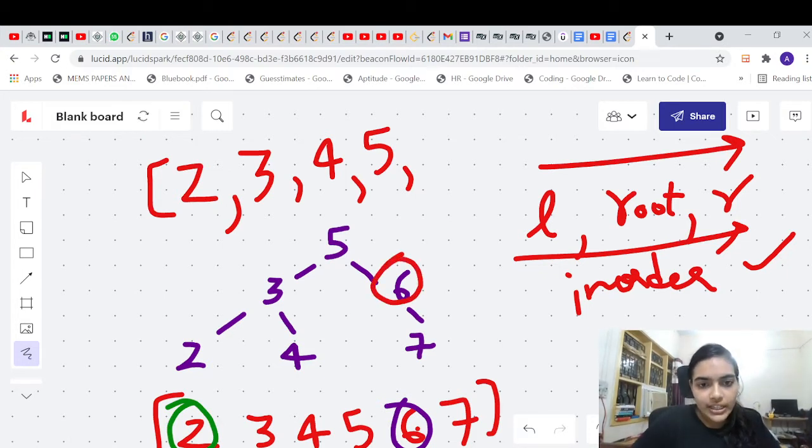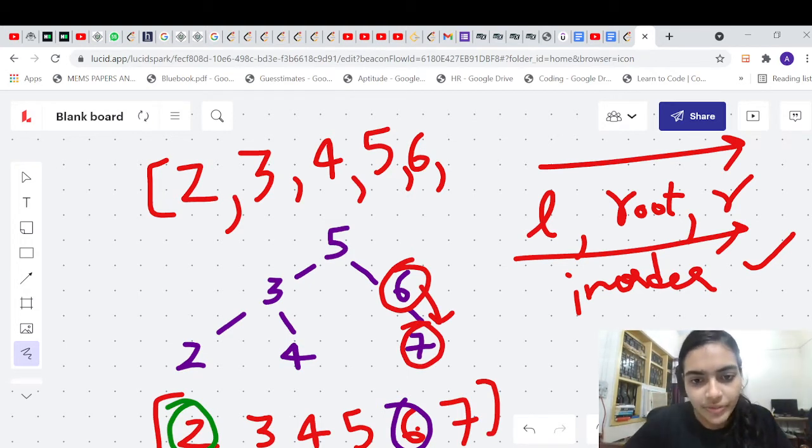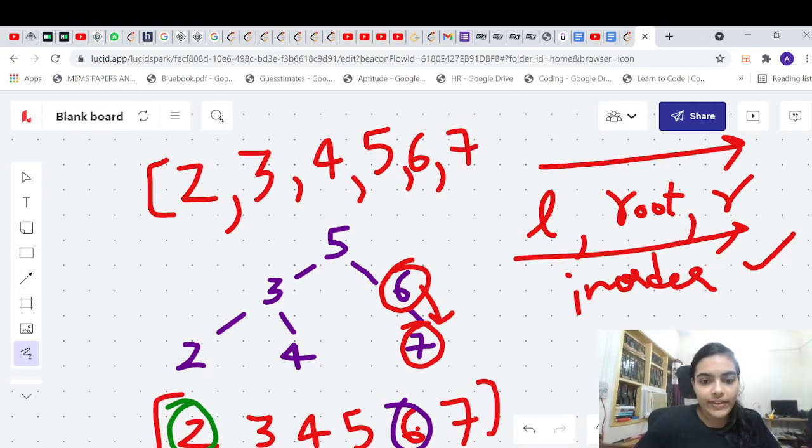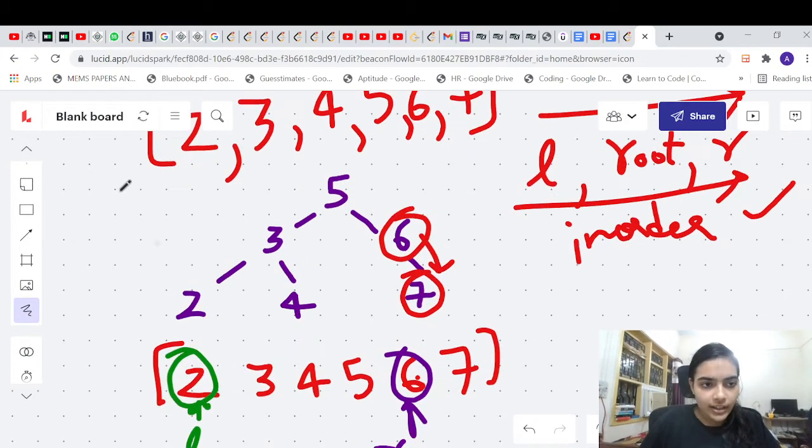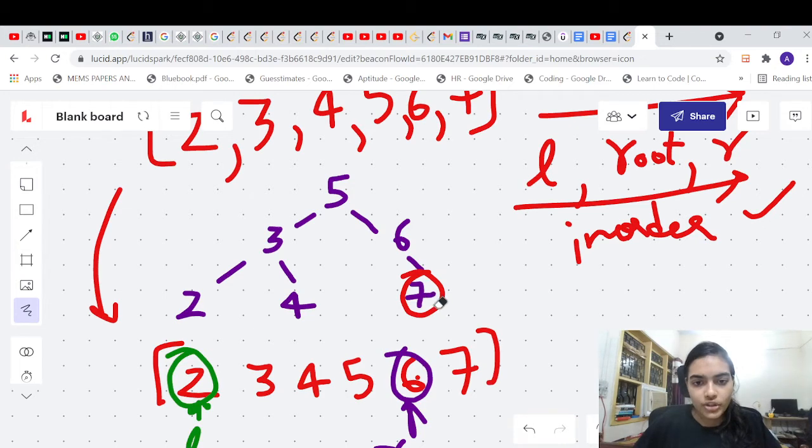So in this particular case, we will first check for the left value. Left value is null, right? So it will return back, and when returning back, we will write this root. Then we will go to the right value. So what is the right value? Right value is equal to 7. This doesn't have left or right. Both its children are null. So you can store 7. So we have got the same array, right? Which we did by doing an in-order traversal. So this is a simple approach. We can use this approach.